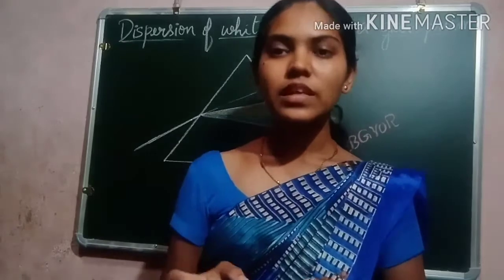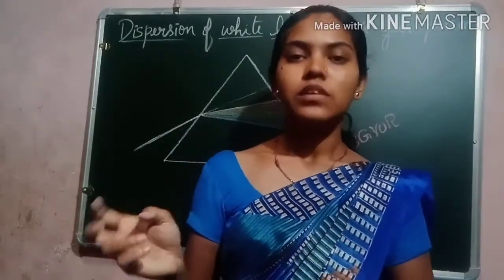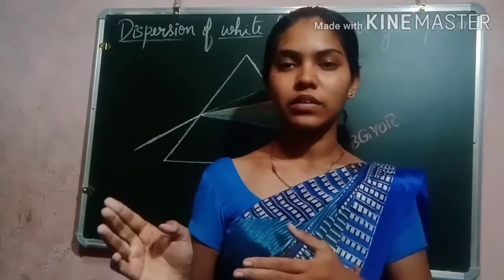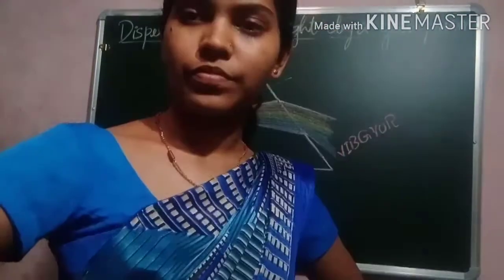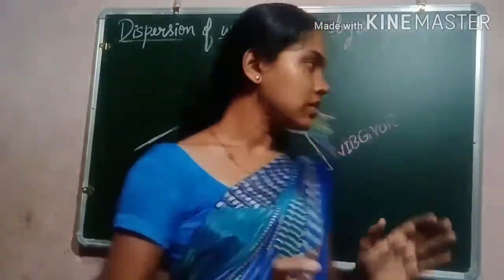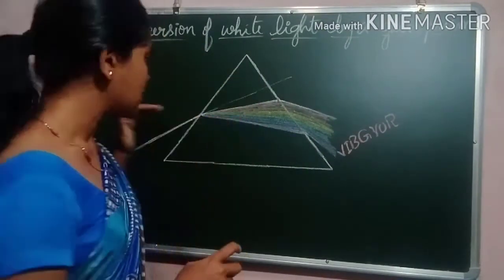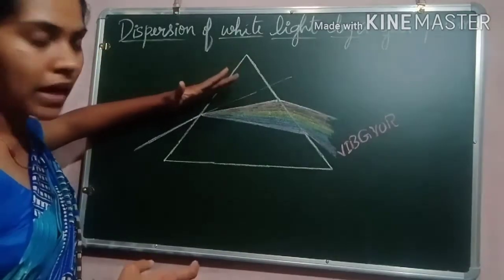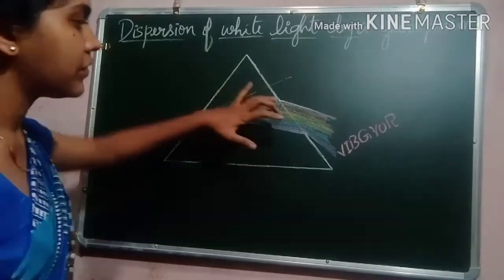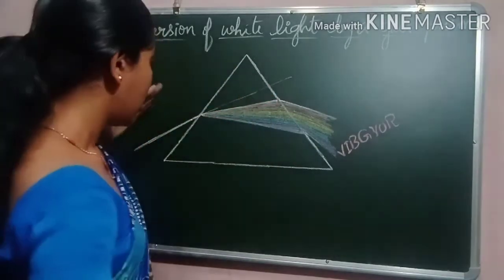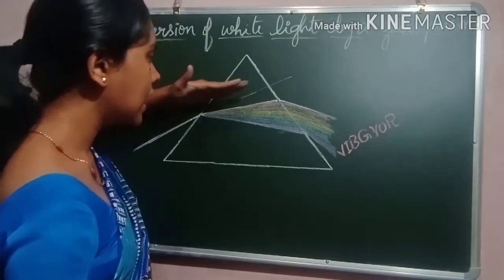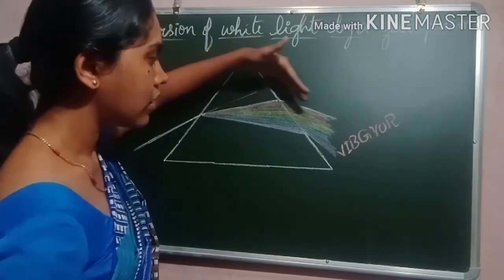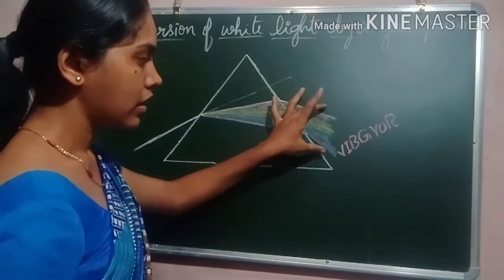So the reason is the dispersion of light. Let's conduct an activity to understand what we mean by dispersion of light. When you take a prism and pass white light through it, it will bend and at a particular point it will be split into different colors. The white light, when you pass it through the prism, gets refracted and reflected, and while emerging out it forms the components of color.